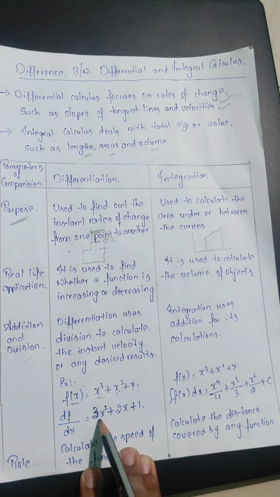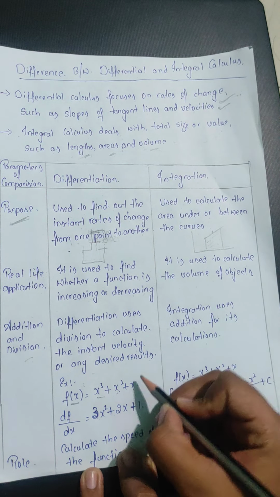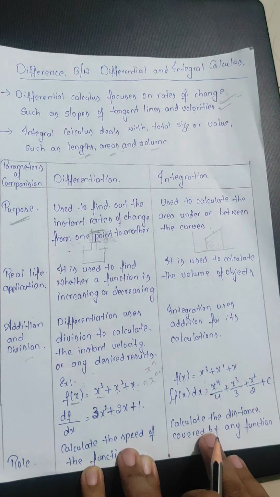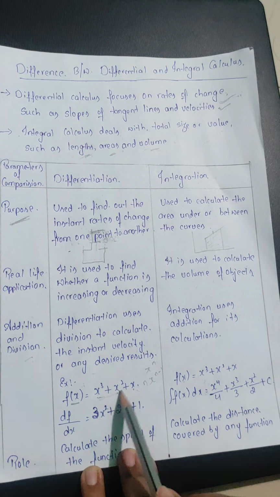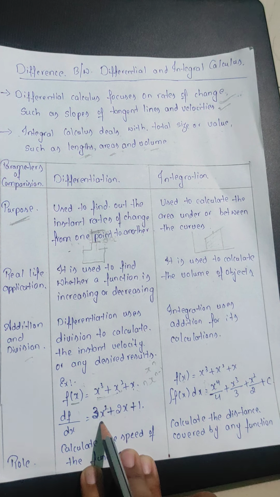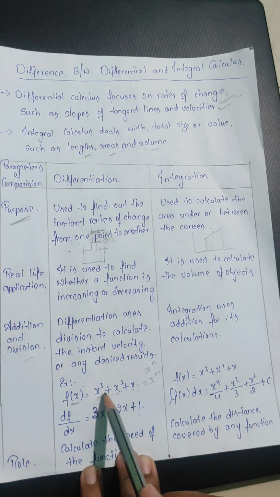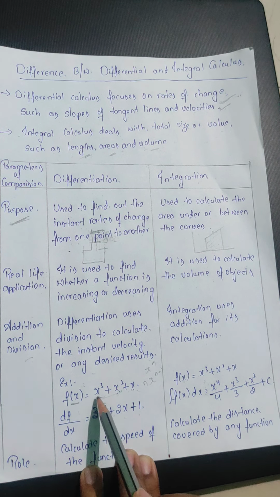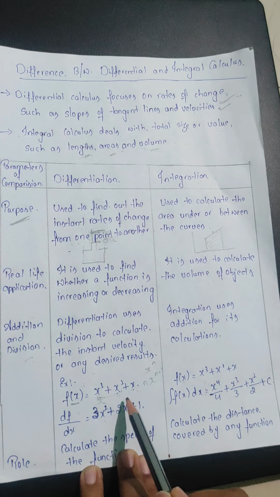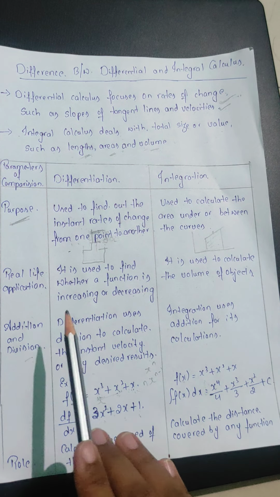Now what is the differentiation? It is 3x square plus 2x plus 1, because the differentiation of x to the power of n is n times x to the power of n minus 1. Using this formula, I have derived this function. Now see here, this uses division. Why? Because x cube became x square, x square became x, and x became 1. Here we are dividing each variable by x. So x cube divided by x becomes x square, x square divided by x becomes x, and x divided by x becomes 1. So differentiation uses division.